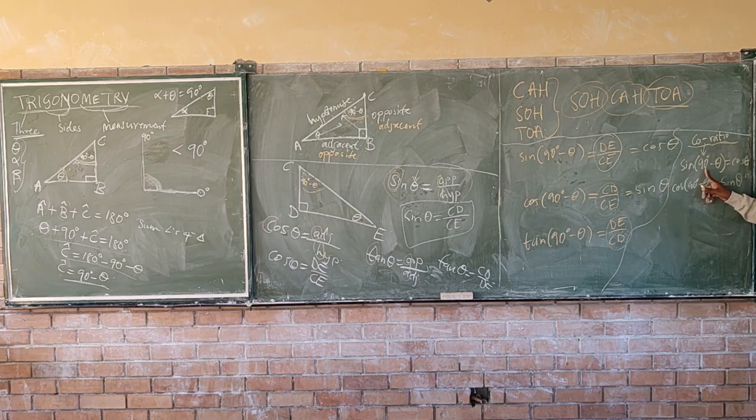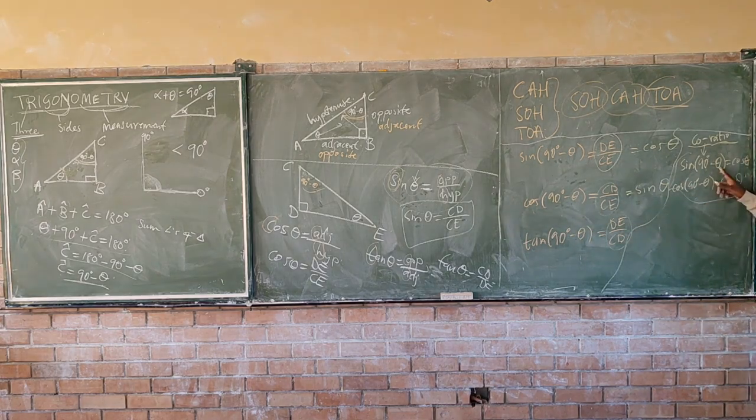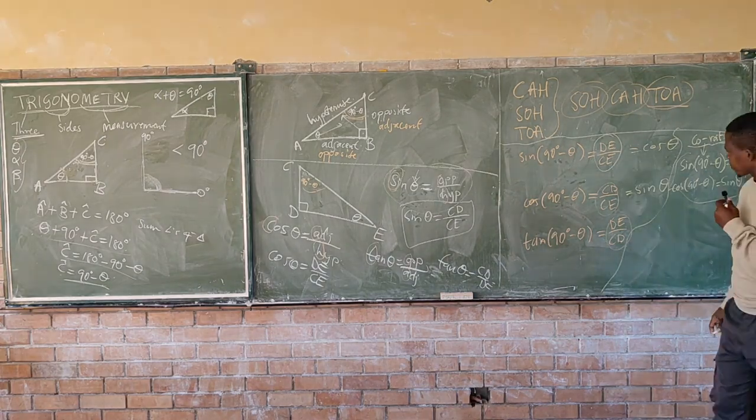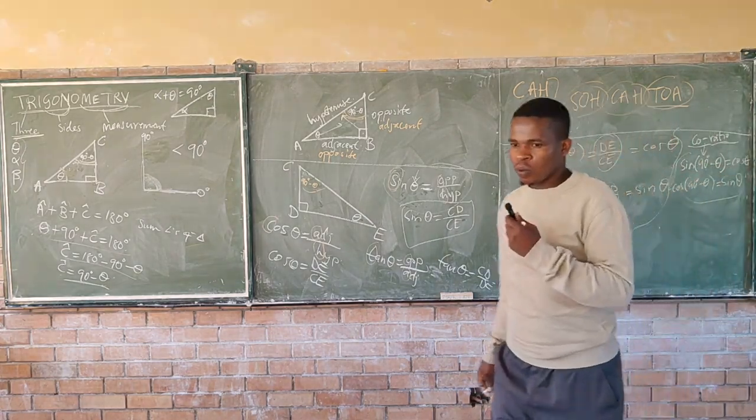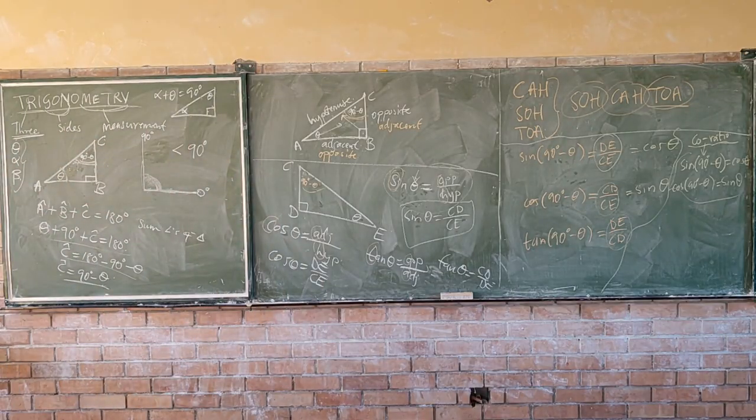So meaning if you see this one, or anywhere you see the 90 part, it means we are going to change the cos to sine, sine to cos. So take note of that. You don't have to go through that way, but you just know that this can be defined like that. Any question? So we'll stop here at the co-ratios and then